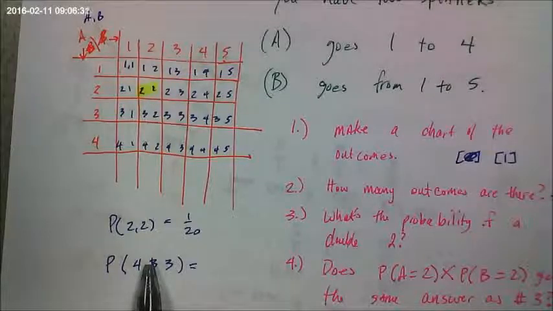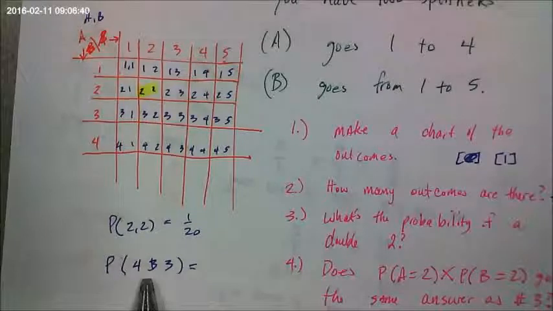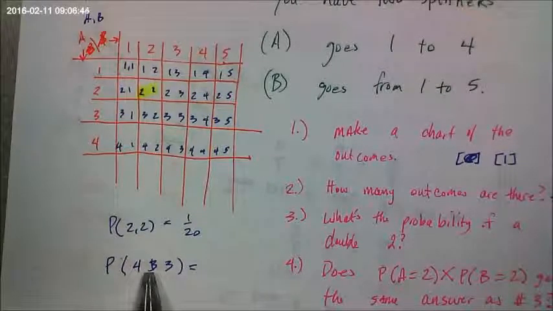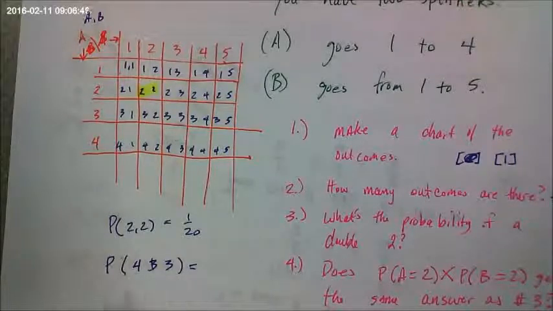Actually, I'm really glad you did that because it brings up again how easy it is, because you're a very smart student, you're going to get an A star, it's very easy for even the really smart students to mix up and or. This is and, which means it has to be a 4 and a 3. The thing is, it doesn't matter which one's first. Do you see what I mean?